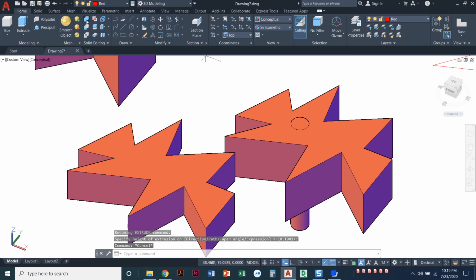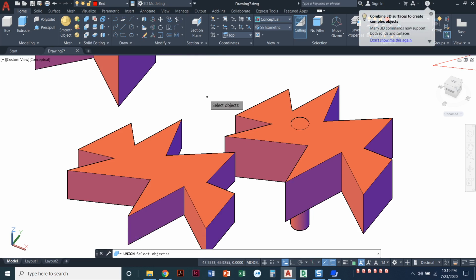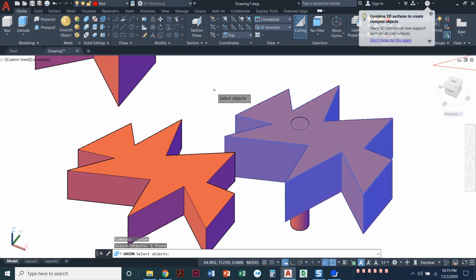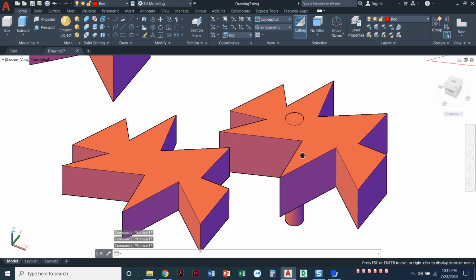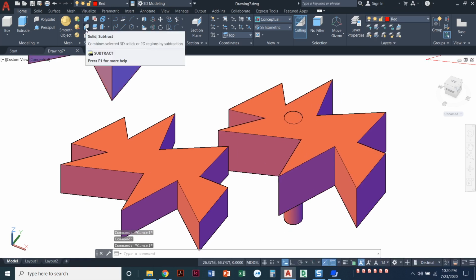And then I can use my subtract command. There's a whole separate video teaching you how to use the subtract command, but with subtract, we select the object we want to keep, press enter. Oops, hold on. Subtract, select the object we want to keep, press enter. Oh, at least two solids. No, it's not wanting me to do it. Oh, that was the union command. Oops, I kept clicking on the wrong thing.